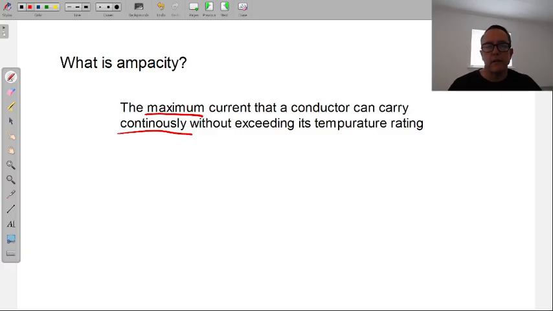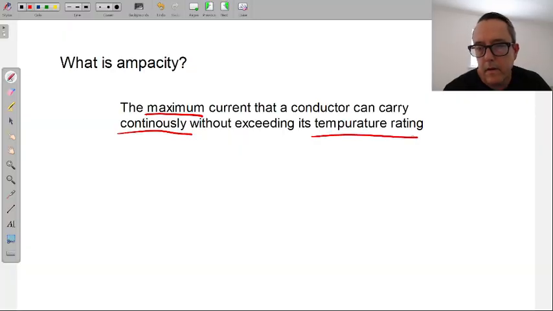So those are two things about ampacity that are givens. It's the amount of amperage a wire can hold for a prolonged period of time without exceeding the temperature rating. Because the worry with amperage, yes, it can damage the copper on the conductor.